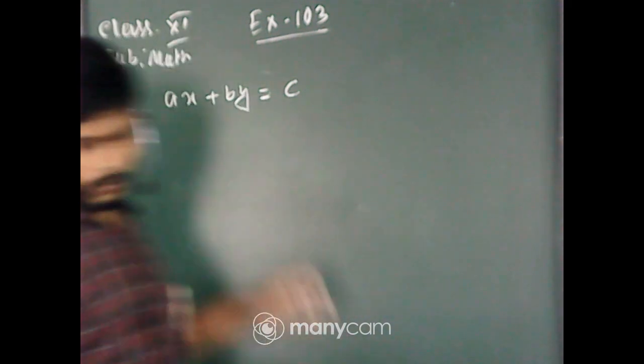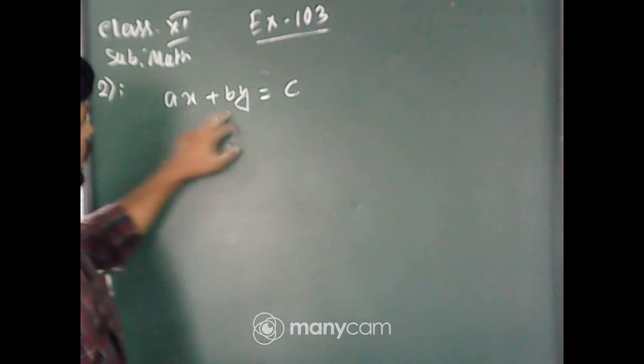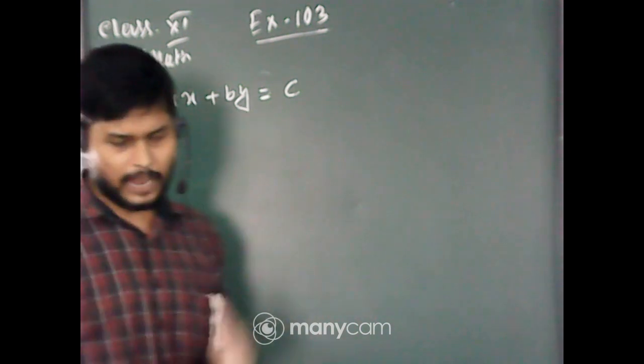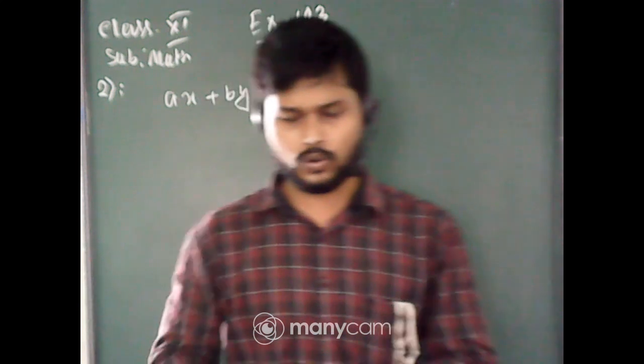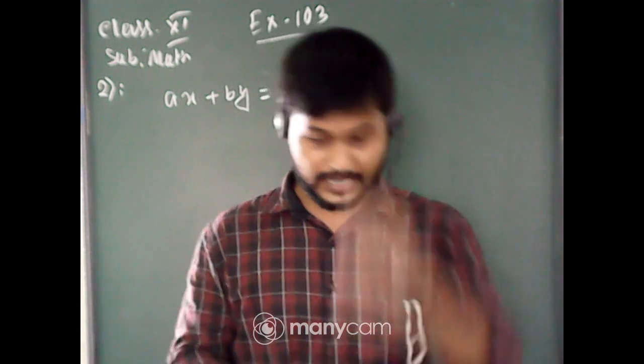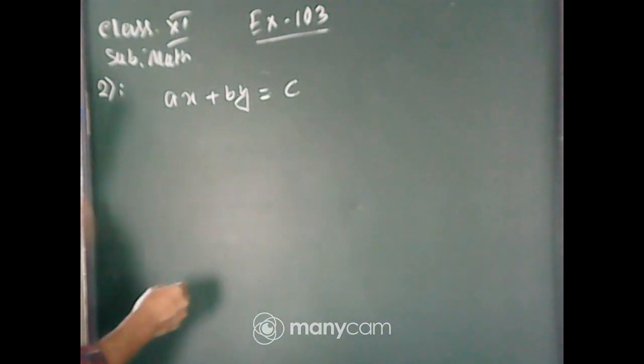Okay, so suppose one equation is given like that: ax plus by plus c equal to 0, where a, b, c are constants. So we have to convert this equation into its normal form. So how to find its normal form? Okay, it has a procedure. What we'll do, we'll just